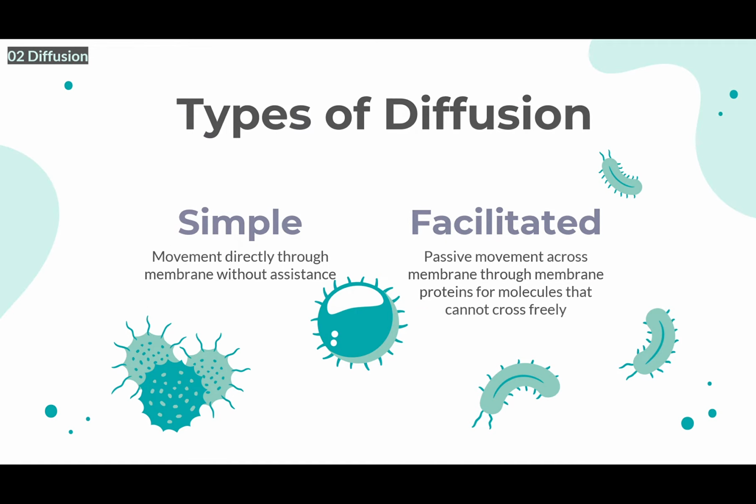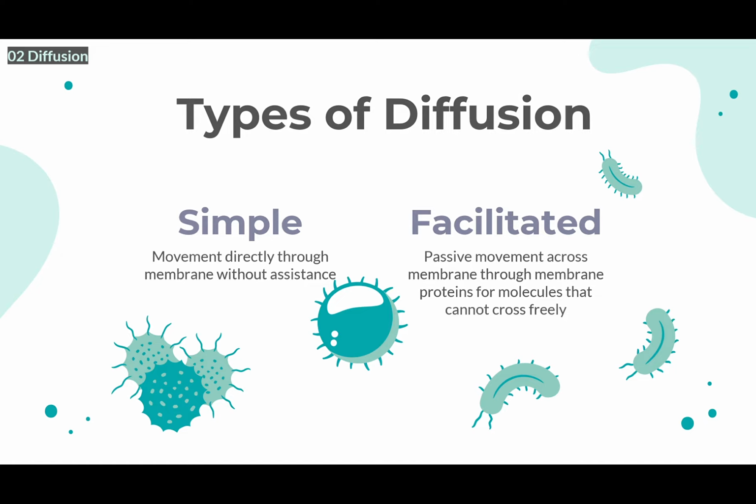As I mentioned before a couple of times, there are two different types of diffusion. When we have simple diffusion, that is a movement directly through the membrane without any assistance, that takes place, for example, in cell respiration. We also have facilitated diffusion, which is the passive movement across cell membranes via membrane proteins